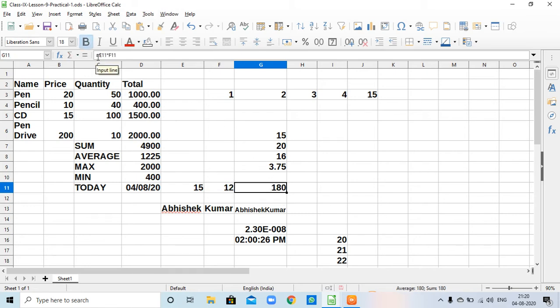This is the formula equivalent to E11 multiplied by F11. So the result is 180.